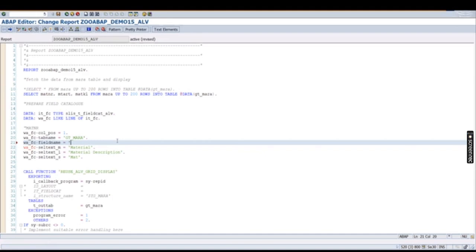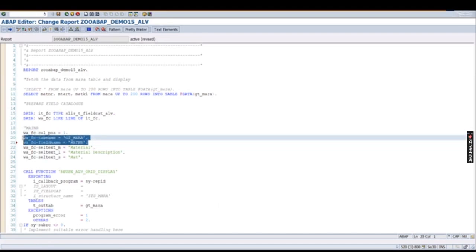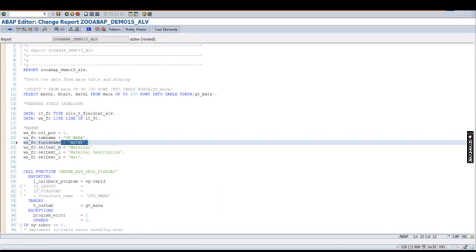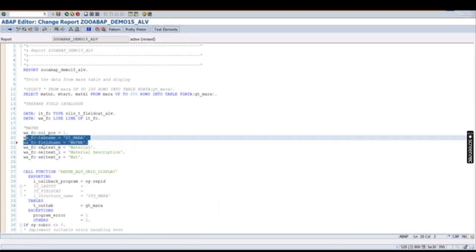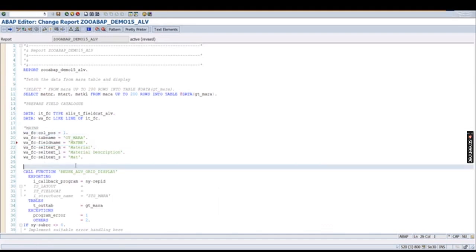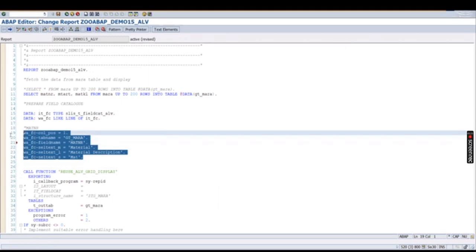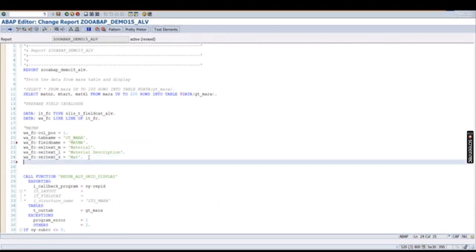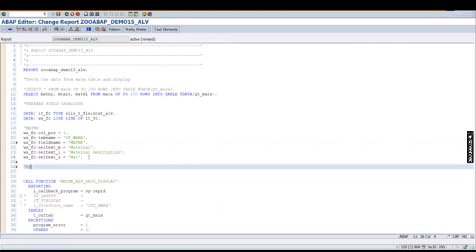So the field name is what? MATNR is the field name, right? Now it looks good. So at least this is the mandatory information, these first two, table name and field name. This is the mandatory information you have to pass. Other is optional. Okay. Copy this one, and similarly for material type also we have to do,